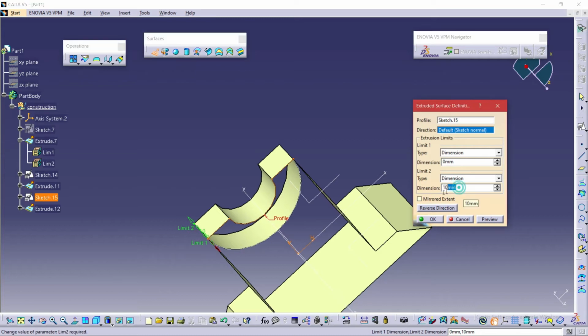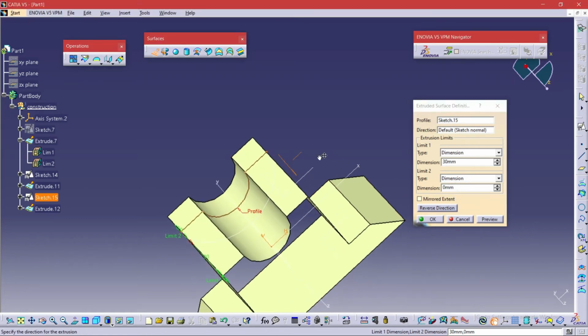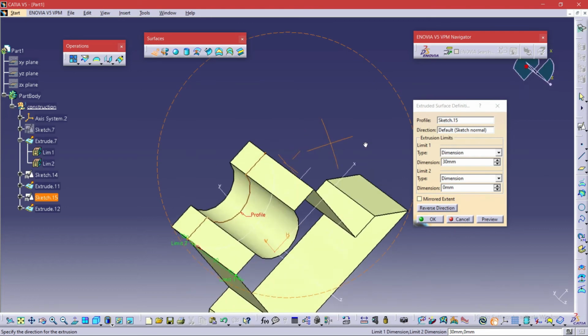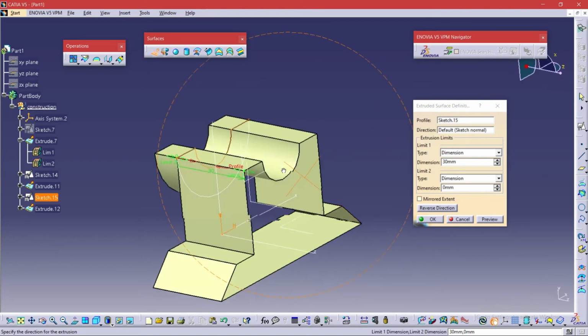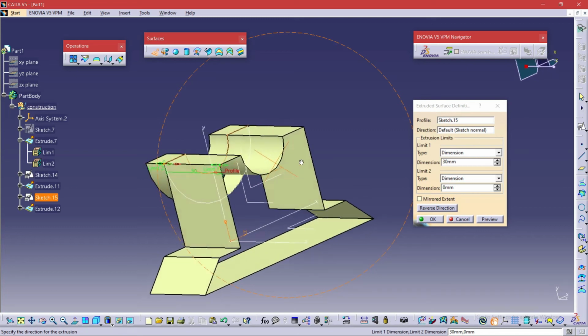Now it's the magic time. When everything happens, this will give us the total component that we wanted. Consider that we need to extrude only 30 mm behind. So we need to take the other direction and give the dimension as 30 mm. In the drawing you might have seen the 40 mm dimension; 10 mm has been done already, the other 30 is remaining. At first it will give you a warning, but don't worry, just do it.